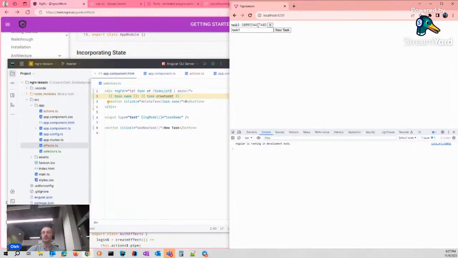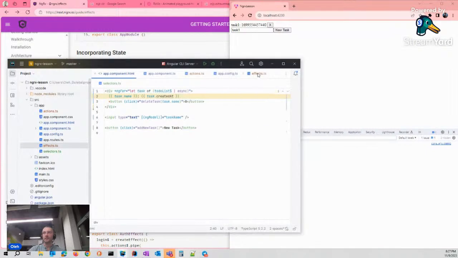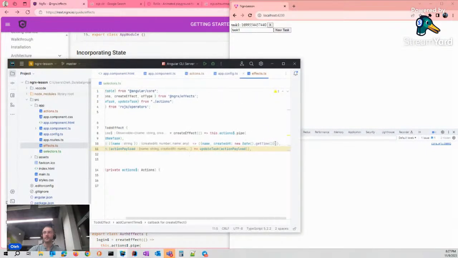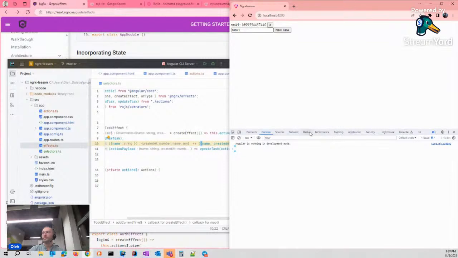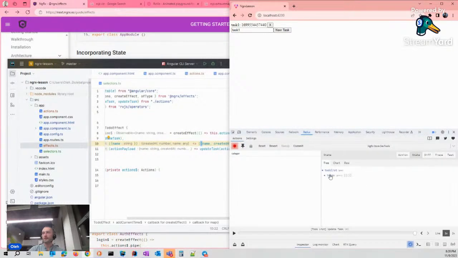That's the time the task was created, and that time was produced by this effect. And saved into the same task. Let's create the second one. The first time was skipped, and the new one was modified, created with new time. Third, and so on. And we made it with effect.